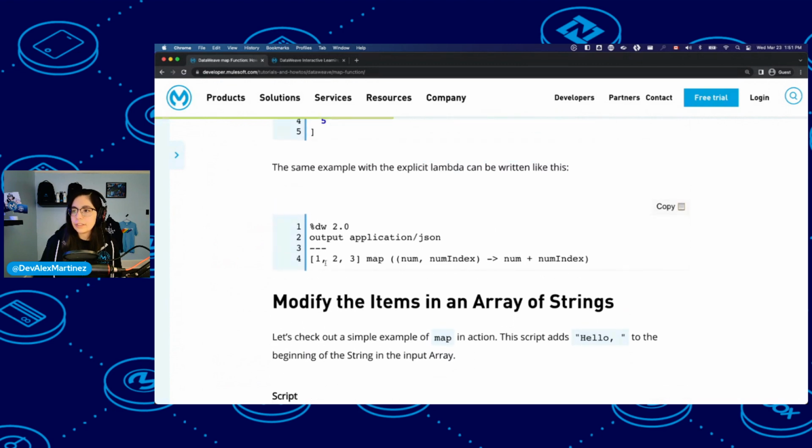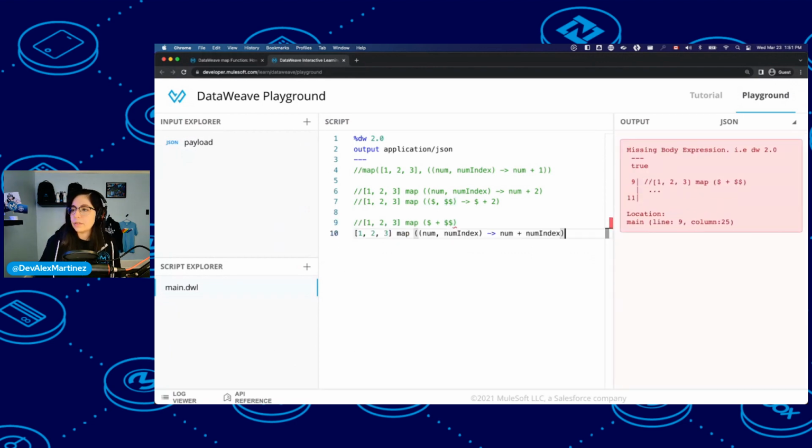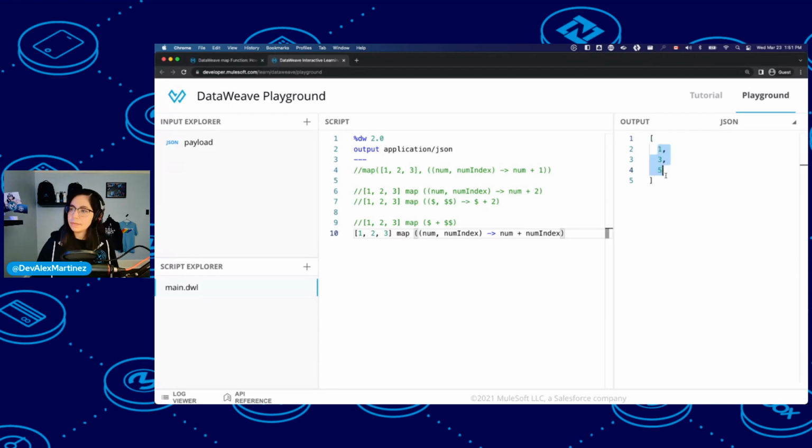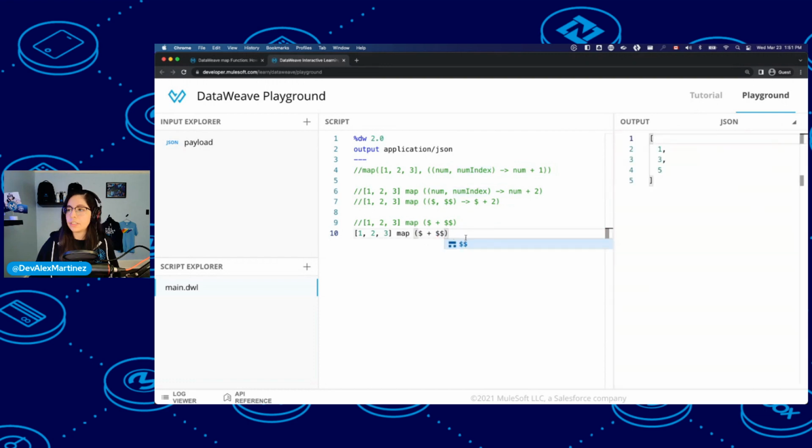Oh, and you can also see the same example that we just saw, but using the named parameters. So instead of doing this, you can do this. And it's exactly the same. We end up with 1, 3, and 5. So as you can see, you are basically removing the input, leaving just the function, and then replacing these with the $ signs, depending on which number of parameter it is.